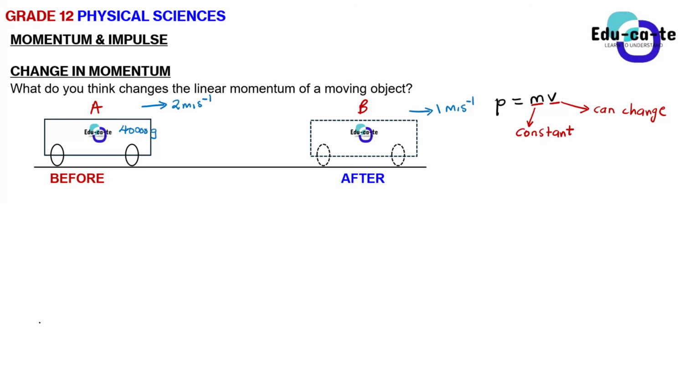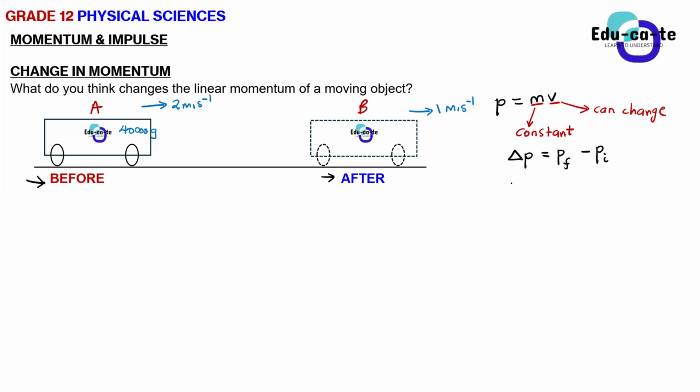Perfect. So basically here we are looking for the change in the linear momentum. So we need to know what was the momentum at point A, which was initially, and what is the momentum finally, which is at point B, right? So the first way, before I get to your complicated formula, the one you sent on the WhatsApp group, I will just say the change in momentum is going to be the final momentum minus the initial momentum. Is this correct?